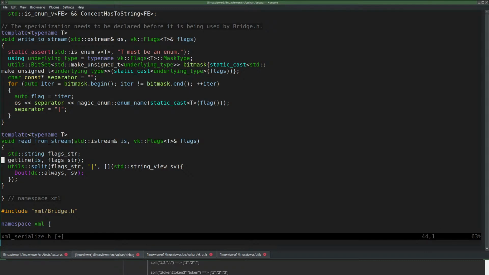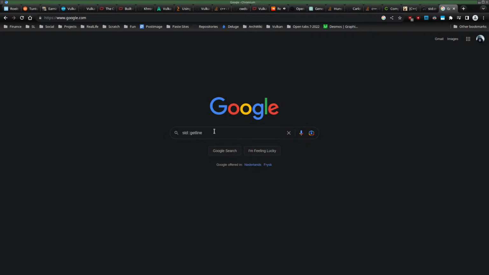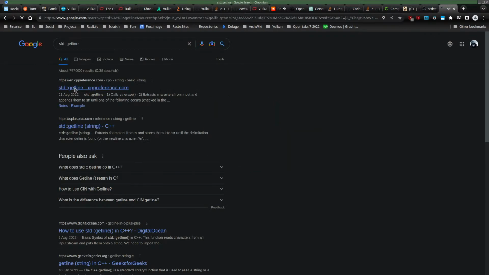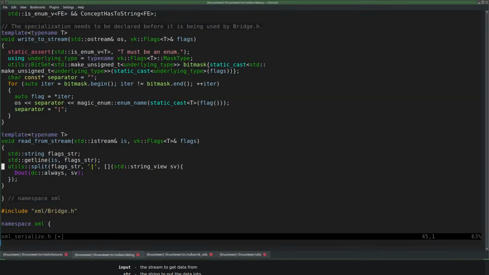Does this work? Standard get line or something? Was get line defined anyway? So I guess I already have it, but string. Yeah, already have string.